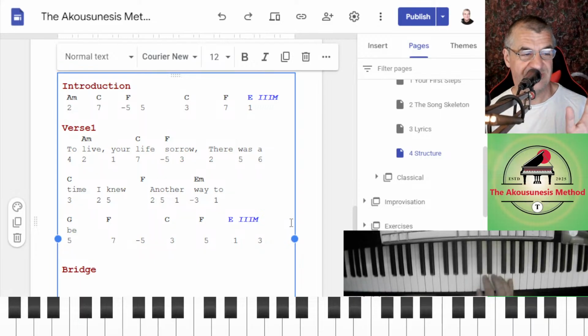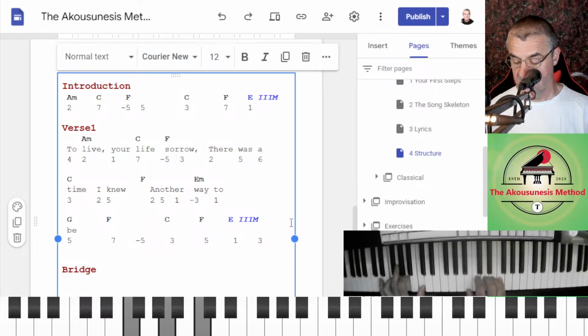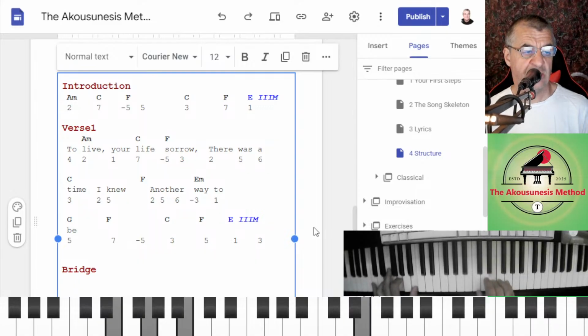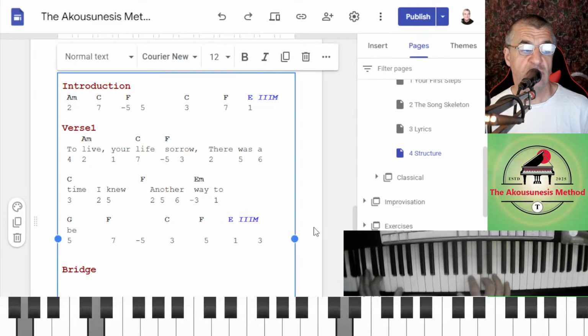So, all right, we're almost there. So, F, another. So it's either going to go to the 6, probably to the 6. Another way to be.